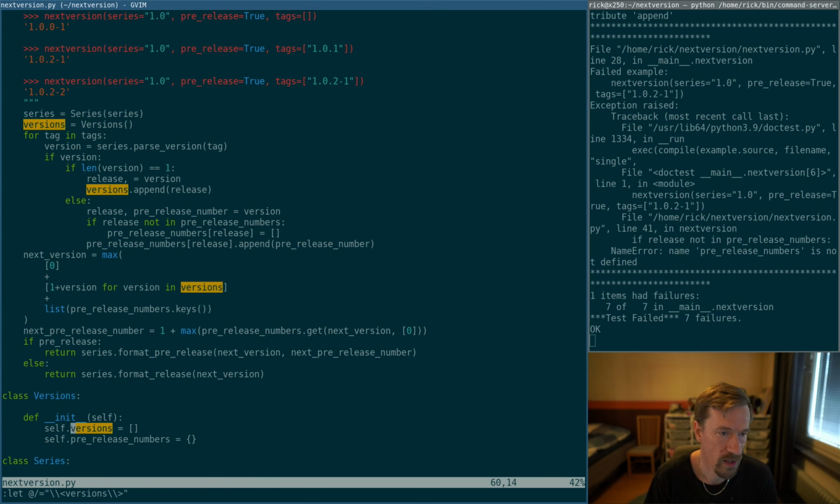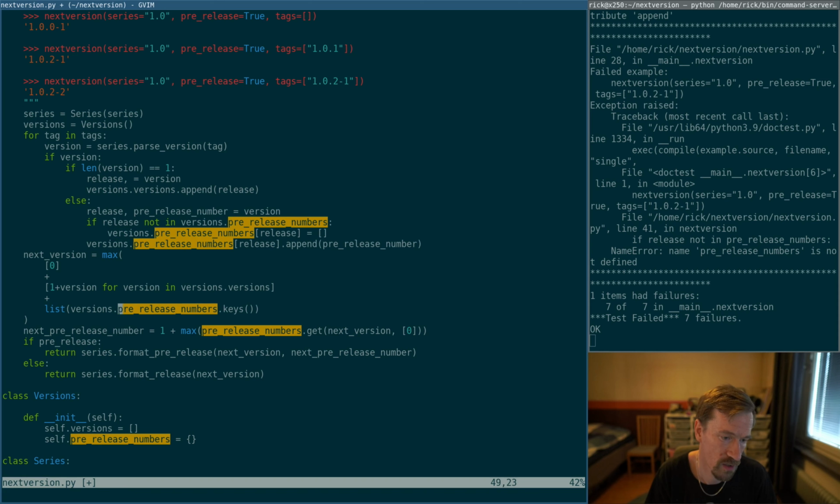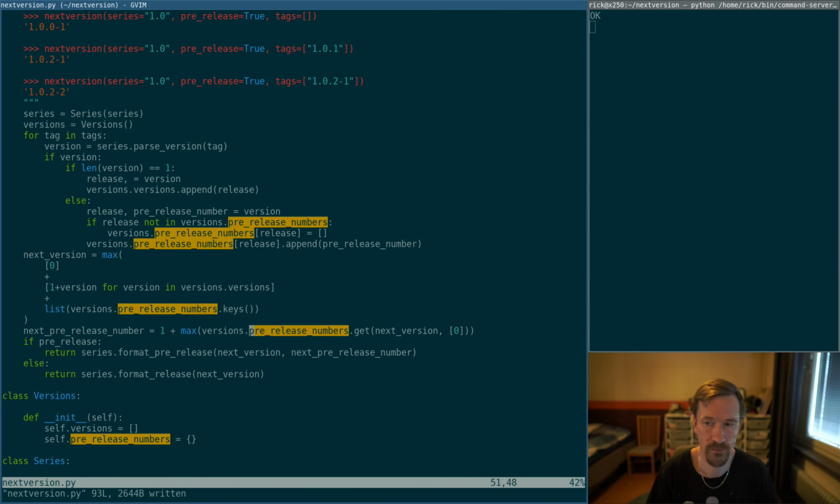So everywhere up here where we call versions, we need to say versions.versions. And everywhere where we say pre-release, we need to say versions.pre-release. That should still work. We just extracted those two fields to this class. So what we can do now